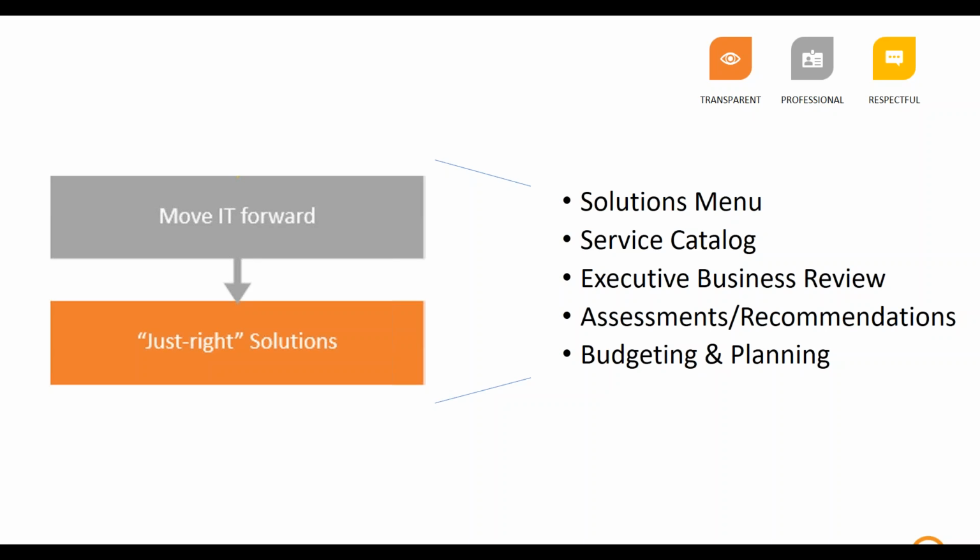This is one of the main ways we try to align, at a very strategic level, the business of the organization with the IT. We start by looking at the mission of the organization and what its strategic objectives are,